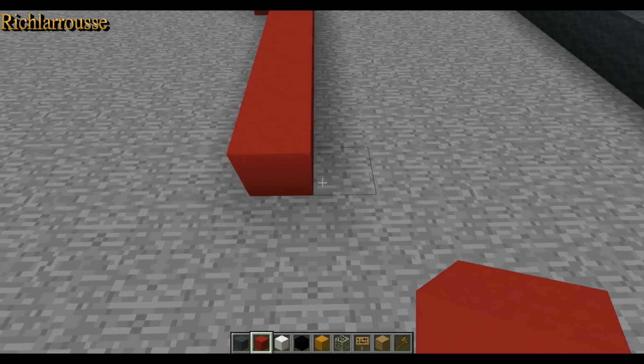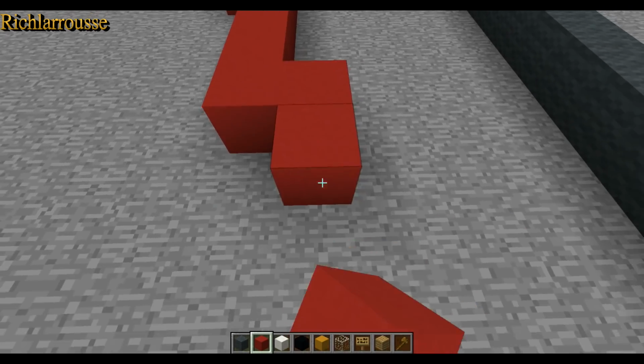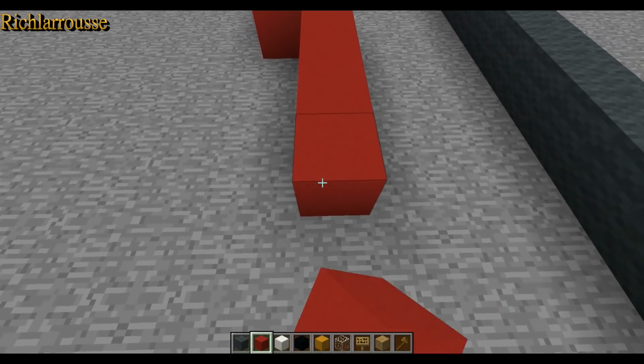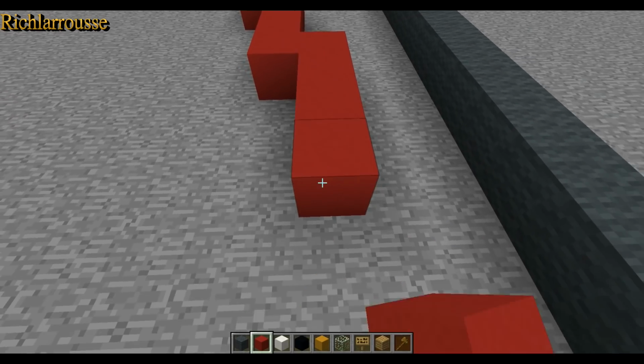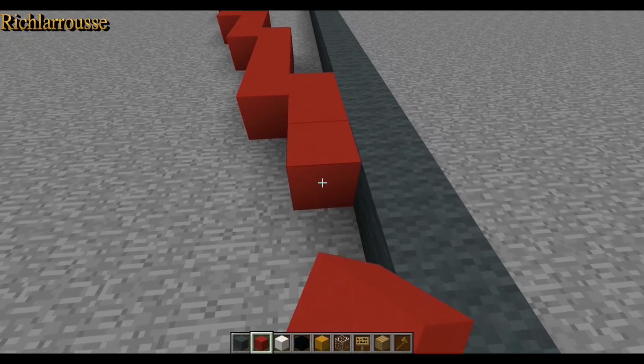and then 3 rows of 6, so 1 2 3 4 5 6, 1 2 3 4 5 6, 1 2 3 4 5 6, and then we want 5, 1 2 3 4 5, and then 4, 1 2 3 4, and then 5, 1 2 3 4 5, and then 4, 1 2 3 4, and then we go back up